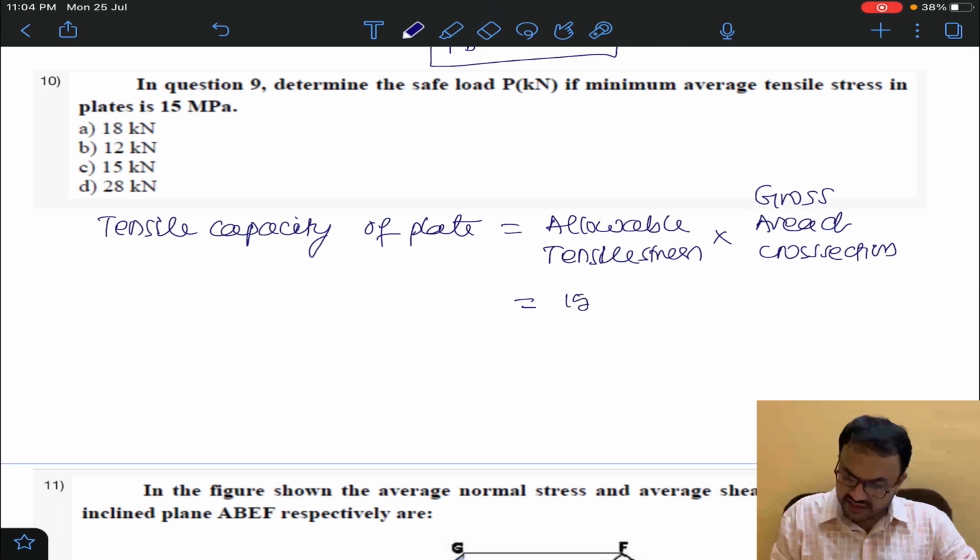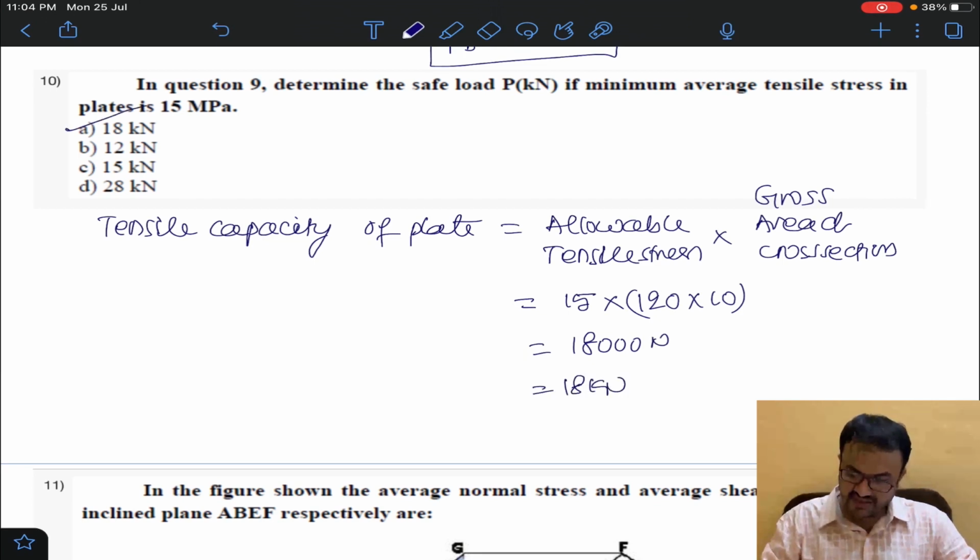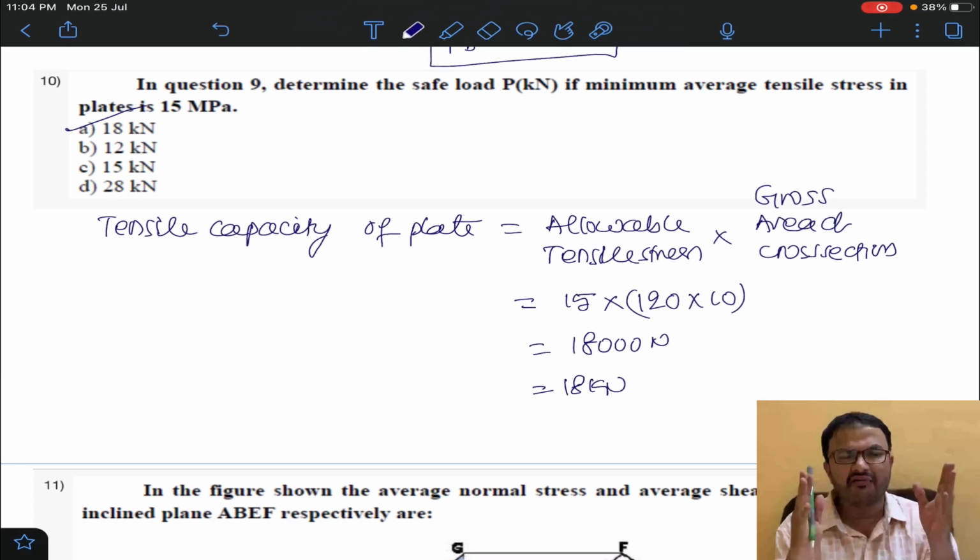What is allowable tensile stress? It is 15. Area of cross section, how much is that? It is 120 is width and 10 is thickness. So you will get 18,000 Newton. That is 18 kilonewton. What is the answer? It is A. Okay. So we have discussed in this problem especially 3 capacities: shear capacity, bearing capacity and tensile